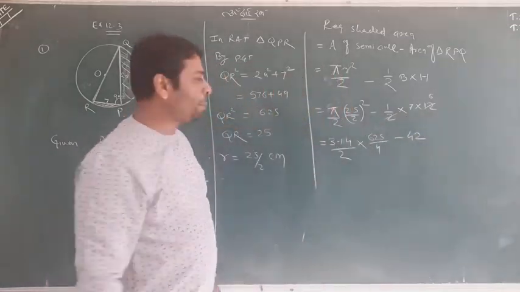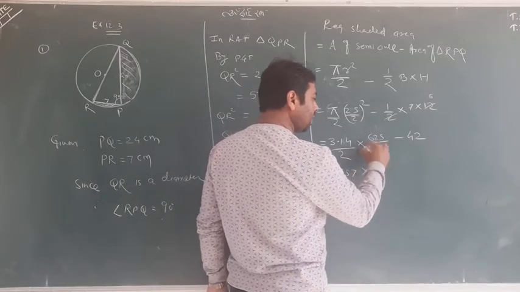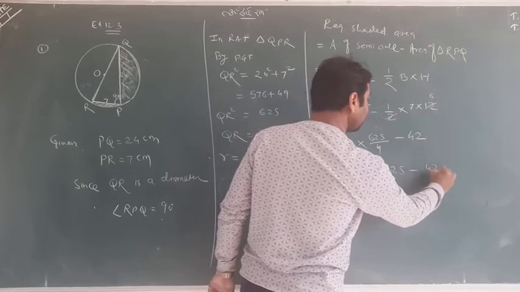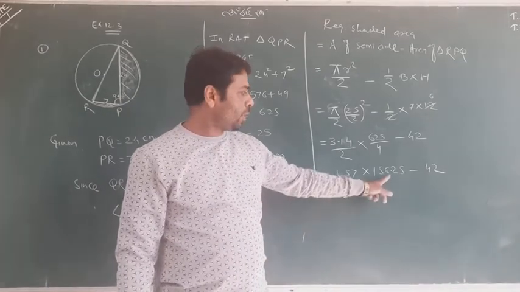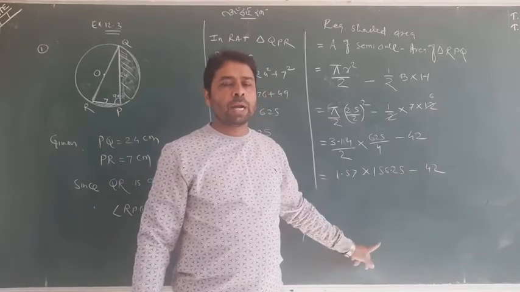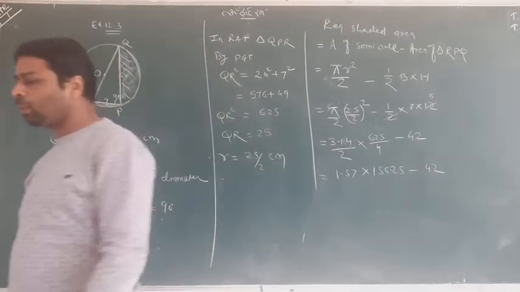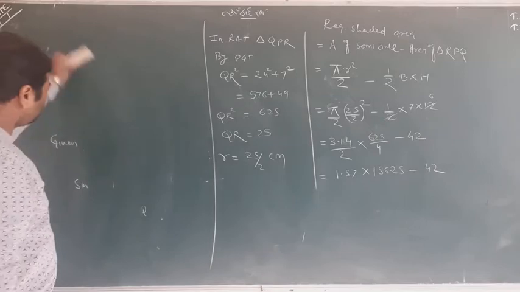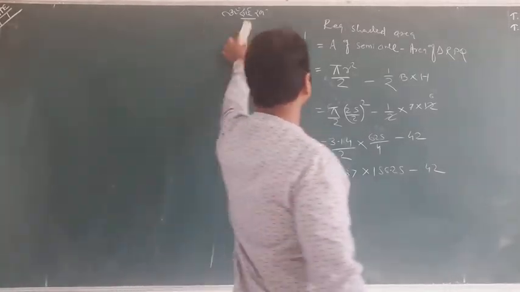Now it's time to simplify the terms. I will cancel approximately only. 4 ones are 4, 5s are. We have done it. The last work I am leaving to you because it is time consuming, you can understand. These two will multiply, and whatever the answer is, we subtract 42 from that answer, and the last result will be the answer for the shaded region. So this was a good question, nothing hard. The calculation is going to be lengthy, so students, do practice, I think you can understand it very well.